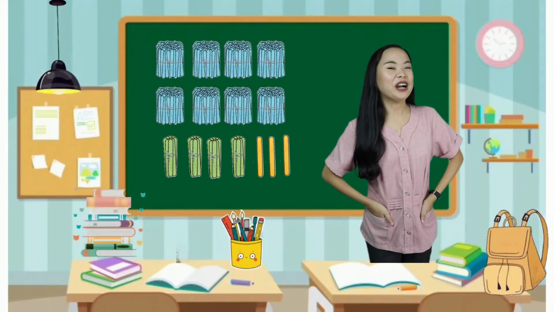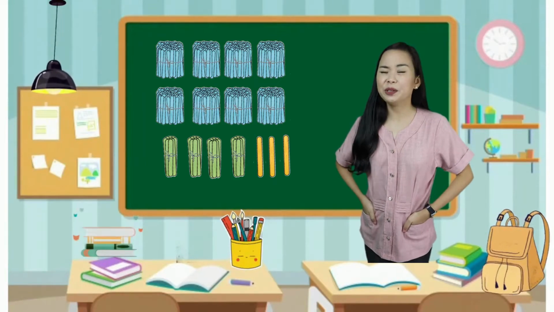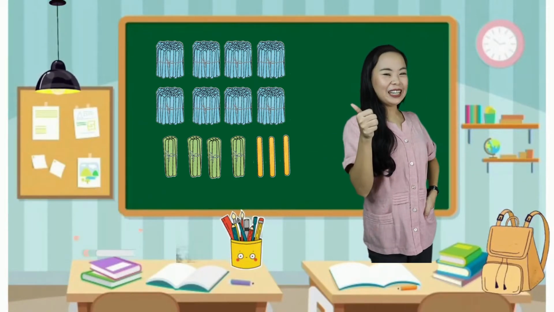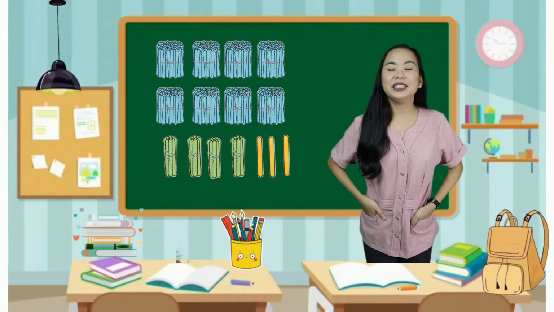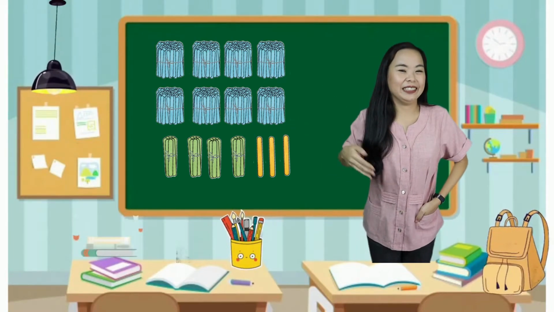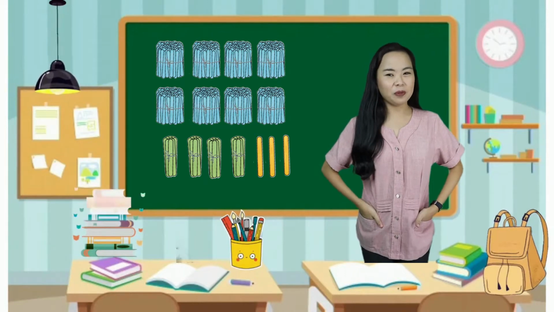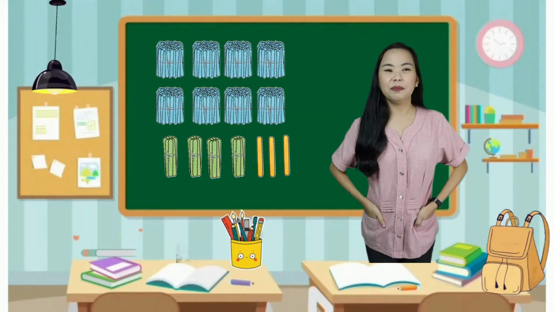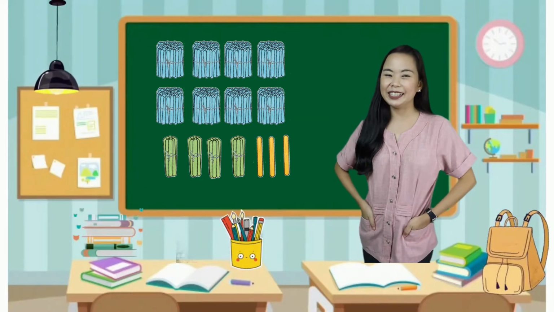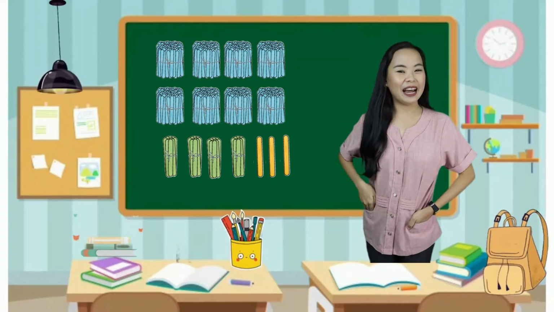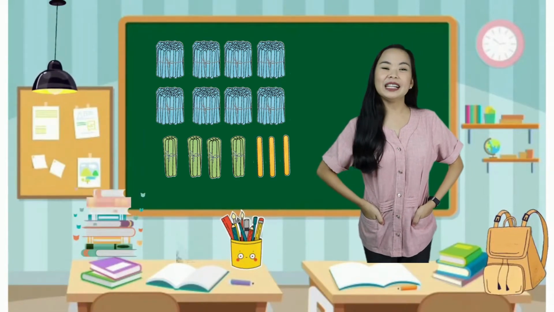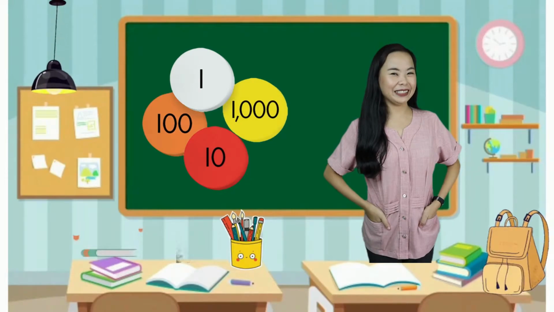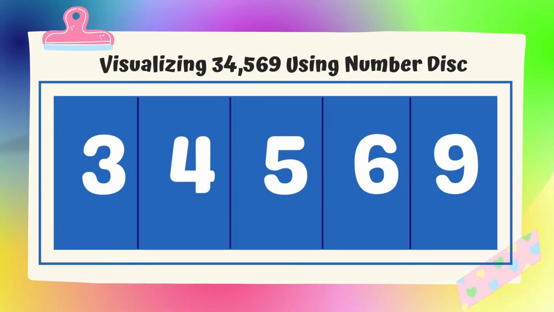What objects represented the numbers in learning task 1? Very good! The numbers are represented by stick bundles and pieces. Sometimes we use objects to represent big numbers. These objects help us visualize how big a number is. One way to visualize big numbers is by representation using number discs. Look at our example. Can you imagine how big the number